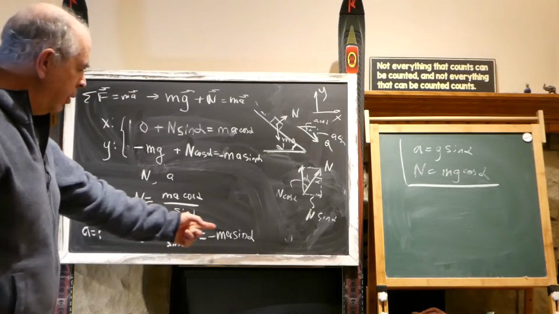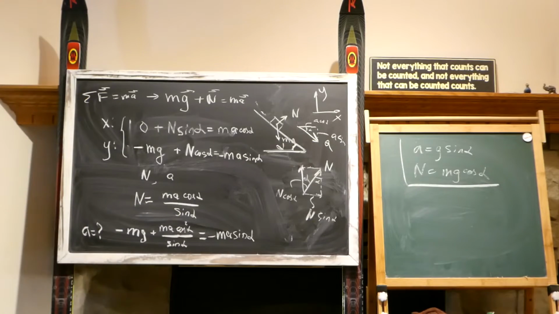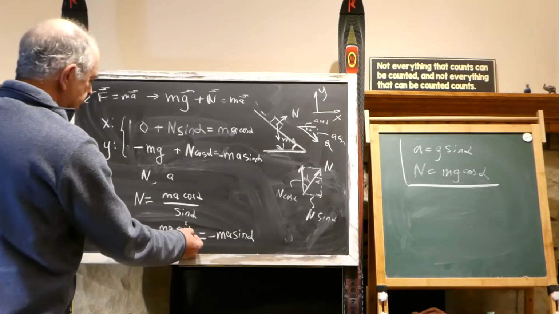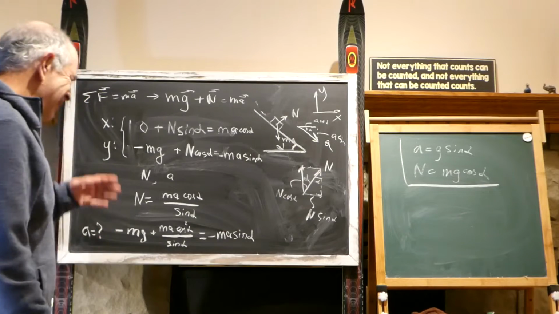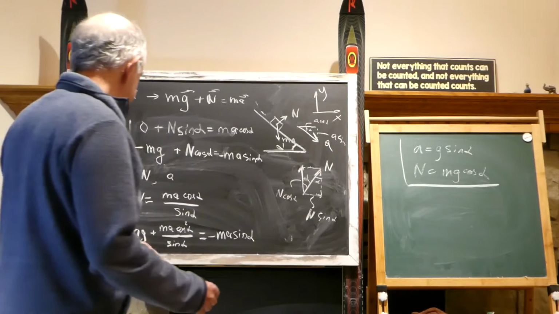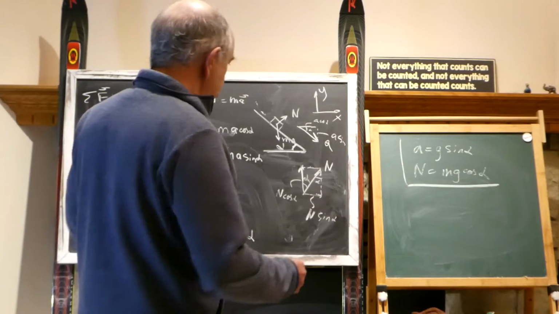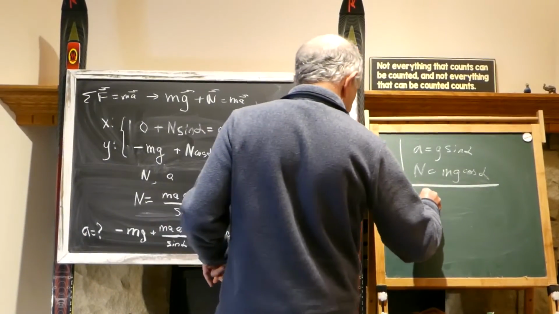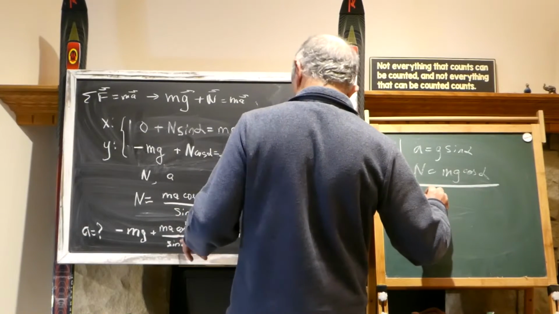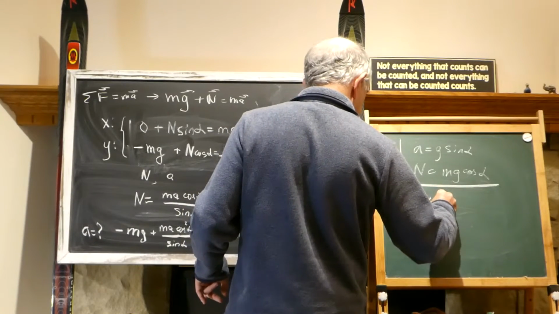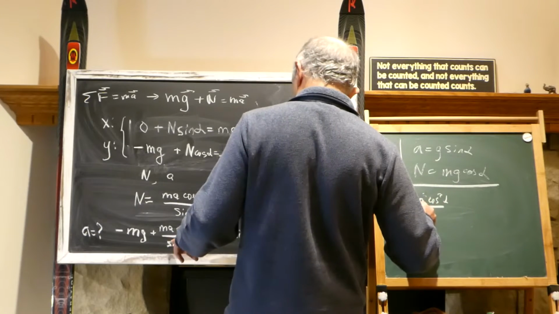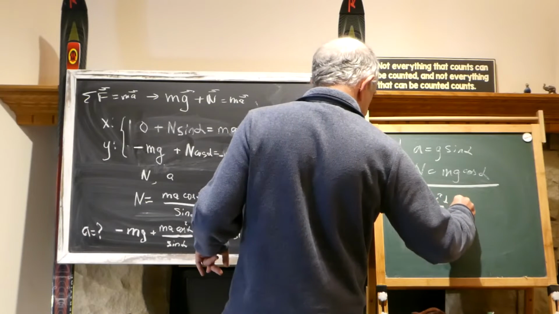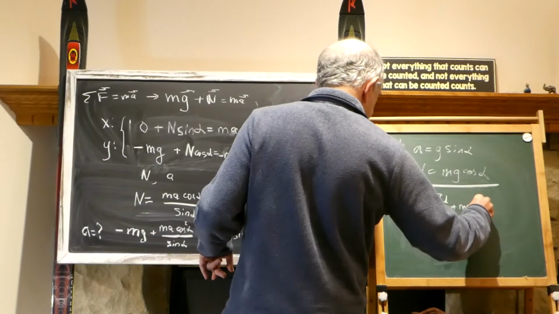So now a is the only unknown, so we have to move everything to isolate a. So I will move this here, and I will move that there. I will not do any simultaneous thing. So I move those together, so it would be m a cosine square divided over sine alpha plus m g sine alpha,